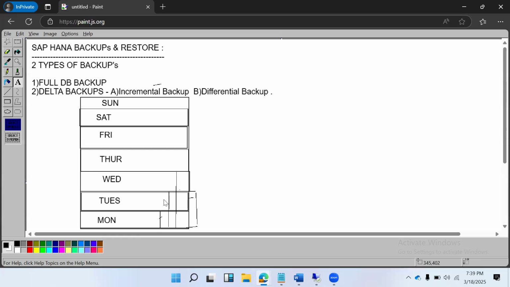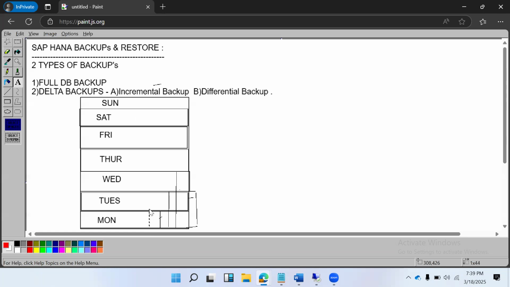So complete backup means, now you understand, right? Entire data will be backed up. Only data will be backed up here, whatever the business data coming to the HANA database level, the entire data will be backed up here, right? So now when it comes to the incremental backup here,